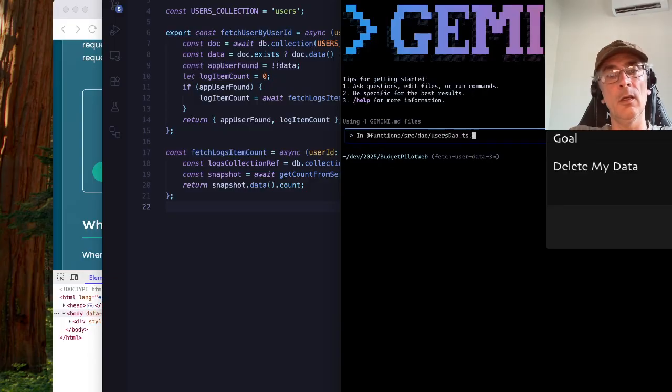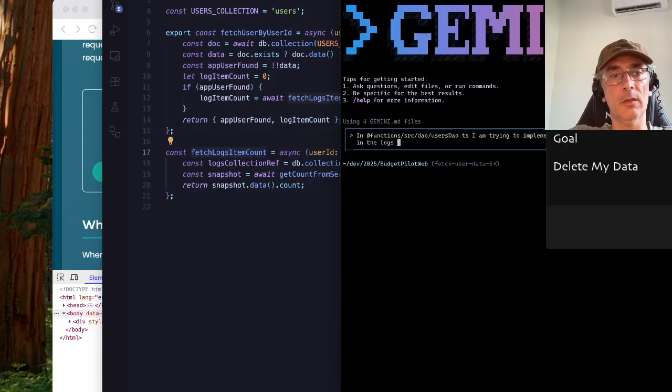Okay, I am trying to implement fetch logs item count, which should return the number of records in the logs collection